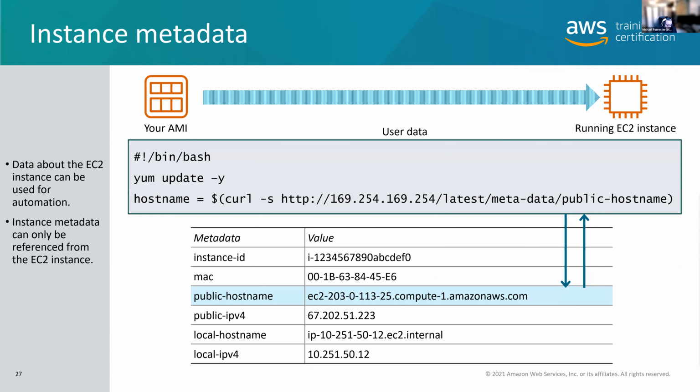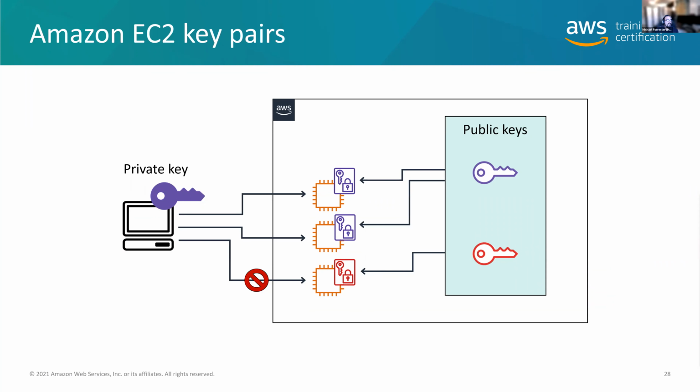All right, I'm going to talk about this last thing, and then we're going to take a short break. So Amazon EC2 key pairs. Just be aware that when you first log in to either a Windows, a Mac OS, or a Linux box, in order to get access to the Windows boxes, you've got to have the private key from an EC2 key pair that will unlock the public key lock. You also can use that with Linux to log directly in without using a password.